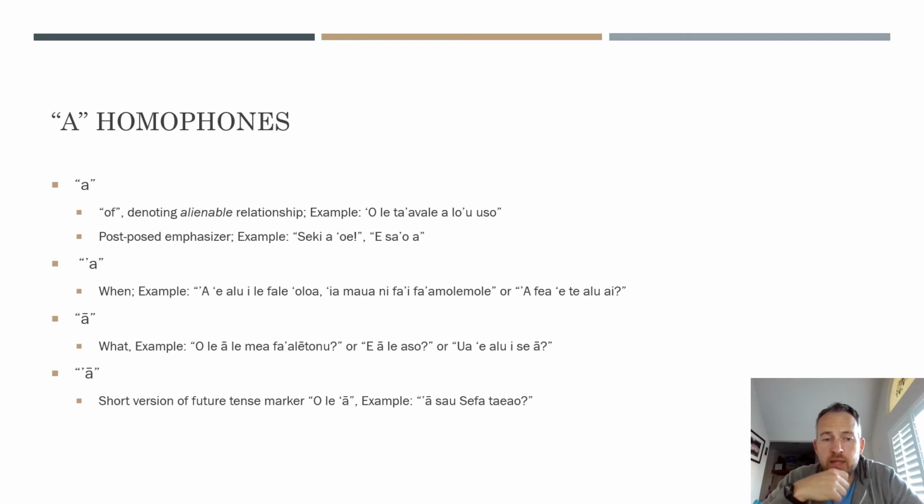Okay, so a with a glottal in front of it. So a, again with that punch. This basically means when, and this is not really the question, like what time kind of when. This is more of, although it can be, I'll give an example of how that kind of factors in. But it can also just mean, hey, when I go to bed, I do X, Y, Z. So it doesn't have to be the question. So maybe I'll better just go through the examples. So the examples I have here are,